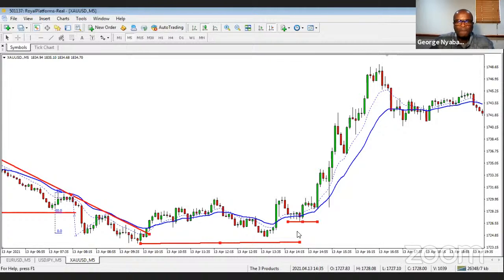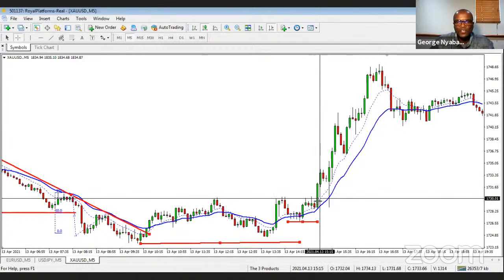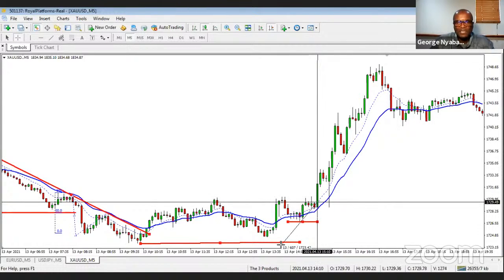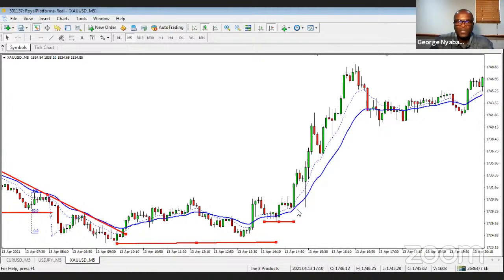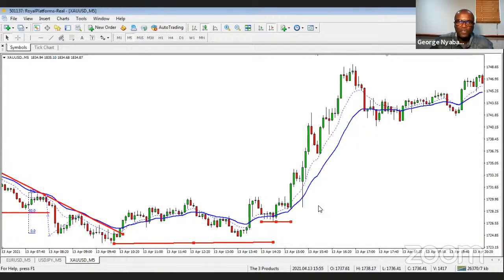Okay. Now, could you have taken that trade? Yes, you could have. But if you take that trade, your stop has to be in the correct place. That's a 60 pip stop. If you don't like that particular stop, if it's too high for you, that's a trade that you would have to take. If you don't like that, you would have to wait a little bit more. And unfortunately, we didn't get anything that's perfect, because